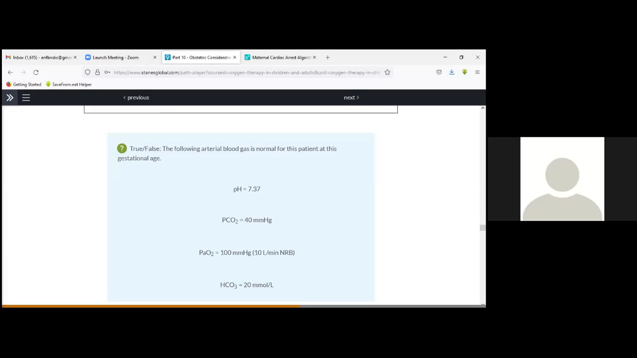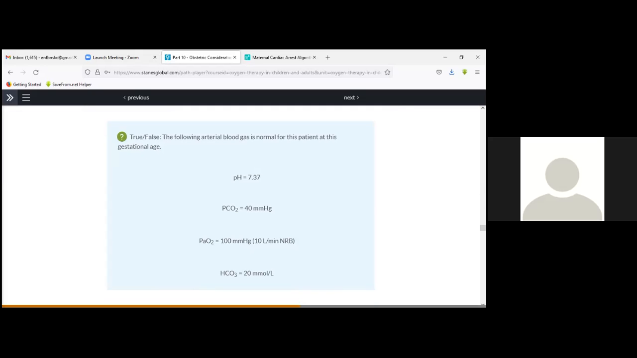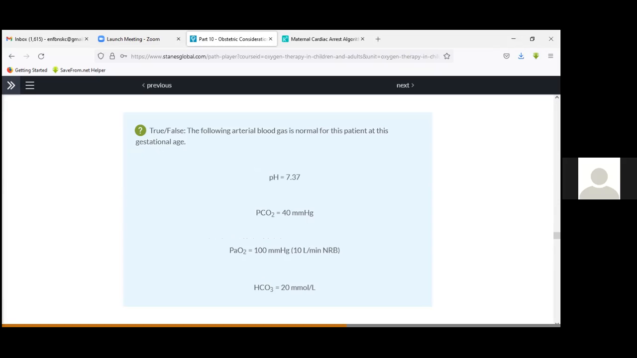So they want to test our knowledge of the physiological parameters, the ABG parameters of this patient, whether these values are correct or not. So they're saying we should answer true or false. The following arterial blood gas is normal for this patient at this gestational age: pH of 7.37, PCO2